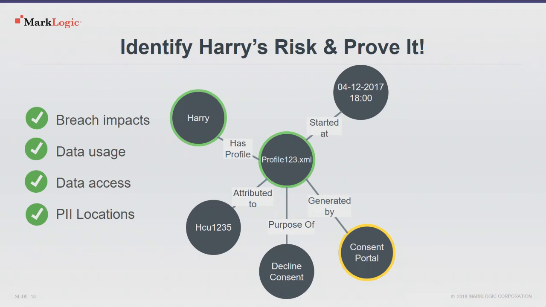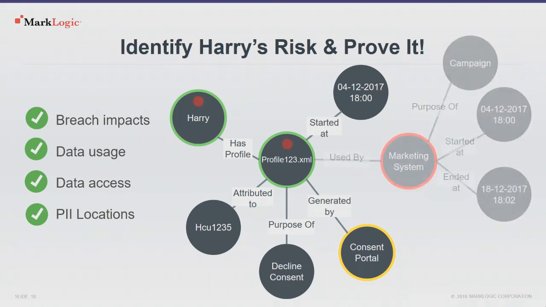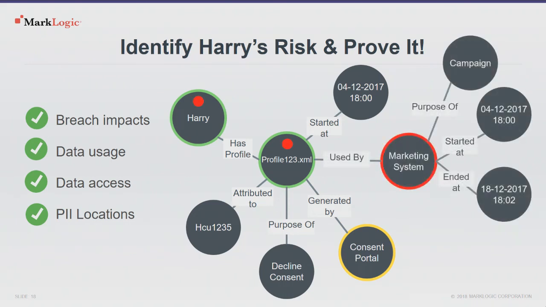That means for the first time, we have taken something which combines Harry as an entity to the information that we hold. So I can do this across all of the data in the database. I can look at Harry and I can see all of the information across my database that relates to Harry. Now, if we look at the breach that occurred, the interesting thing here is the marketing API was compromised. Okay, don't even need to care about it. But his profile was used by the marketing system, which we know was compromised, and that profile is related to